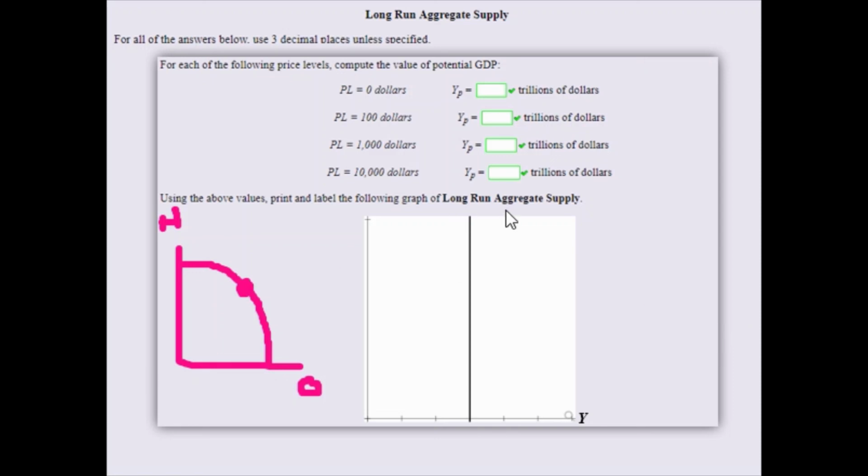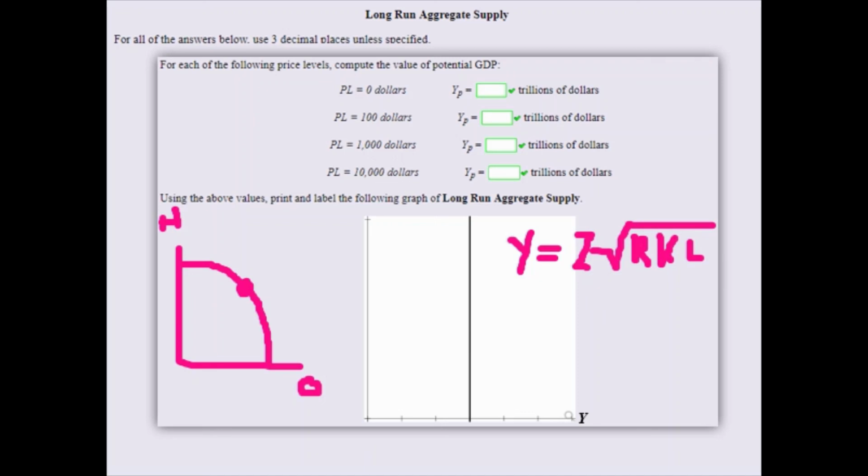Okay, now we're going to graph long-run aggregate supply. Remember, long-run aggregate supply does not depend on the price level. If you remember from our production function, our long-run production function is technology and entrepreneurial spirit times the square root of R, K, and L. The price level is not in here, right? Here we're varying the price level, but you don't see price level anywhere here. You see technology and entrepreneurial spirit or talent, land and resources, physical capital, and the labor force. The price level is not here.